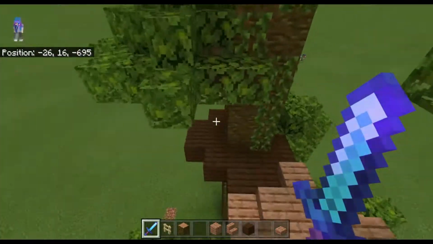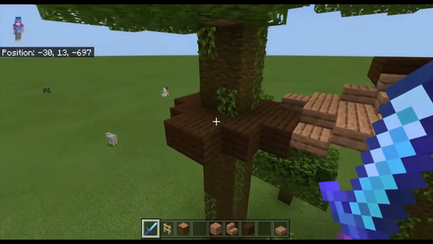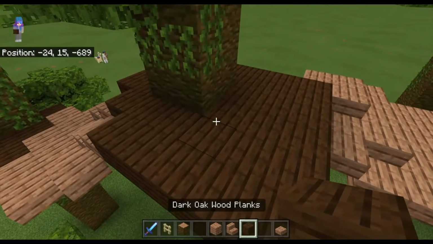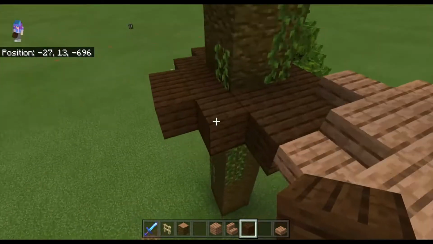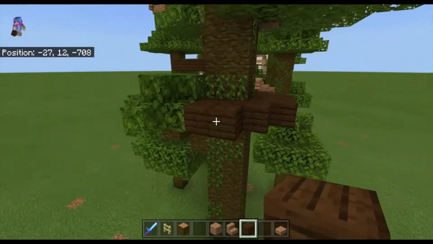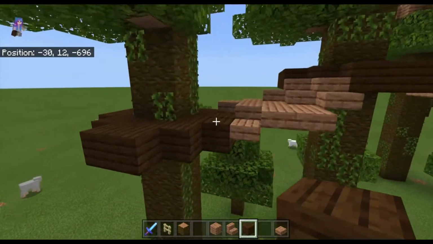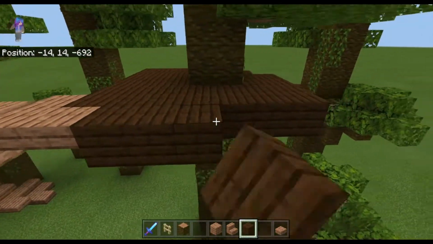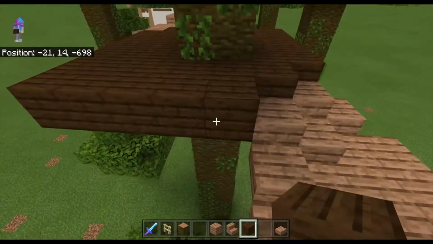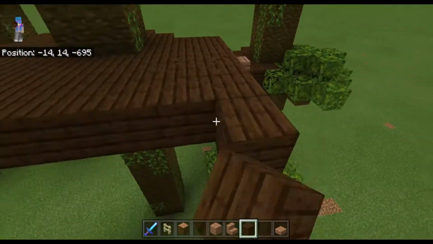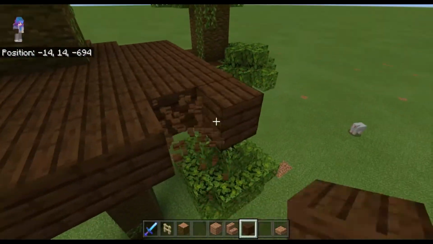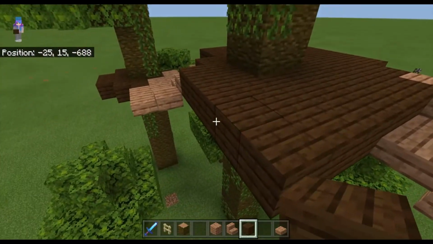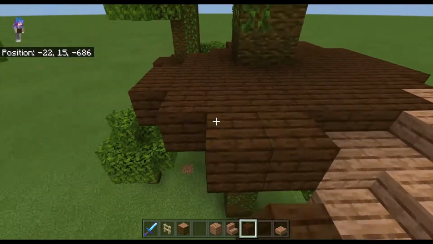Okay, so now I have another bridge built down to this tree right here, and now as you can see I did add some dark oak platforms on both trees. You can also see that I did make this one kind of circular, and you can see why I do that later. And then this one is going to be our main area here, so I'm going to just extend this out, and you can extend this out as big as you want it to be. I'm just going to make it kind of big, but not too big, to the point where it just doesn't look